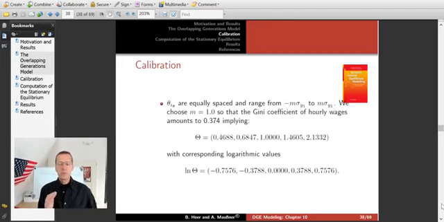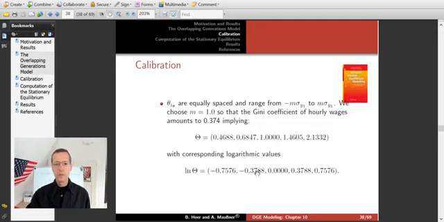And we use an equally spaced grid on logarithm theta. So we use the values for logarithm of theta equal to minus 0.756, minus 0.378, and 0 and so on. And you can notice that the distance between the grid points is equal. And we compute the distribution at age 21 by assuming that there's a log normal distribution, and we just compute the area between minus infinity, for example,